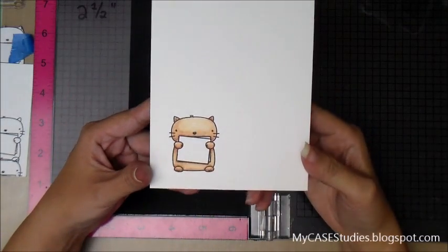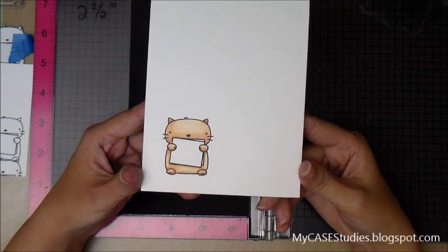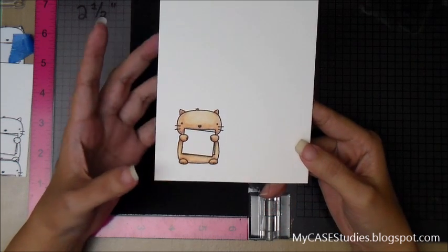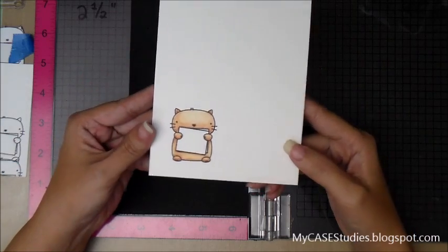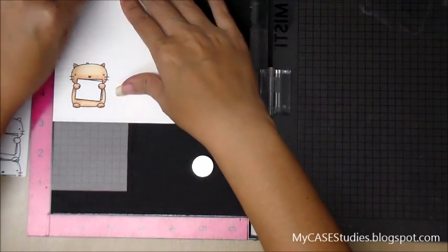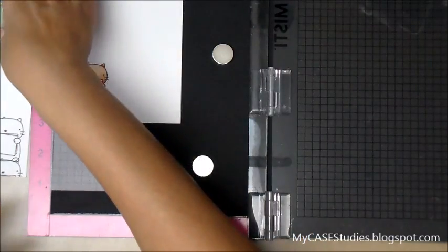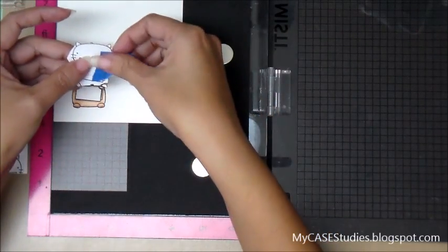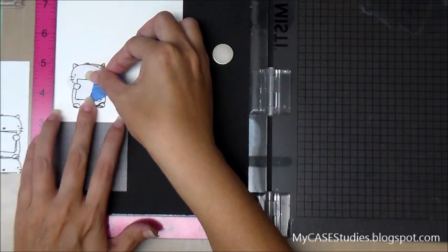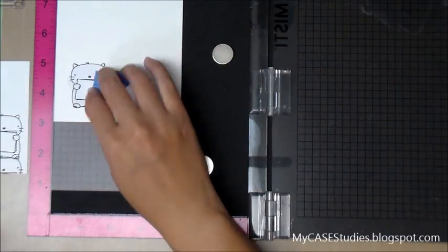Okay, I finished coloring my top cat, and after looking at it, I decided that it doesn't need to be overstamped. I think the black is clear enough for my taste. So I'm just going to go ahead and stick this back in the MISTI, and I'm going to put down my mask. Please excuse me, I have a cold and that's why I sound funny. Okay, so there's my mask,